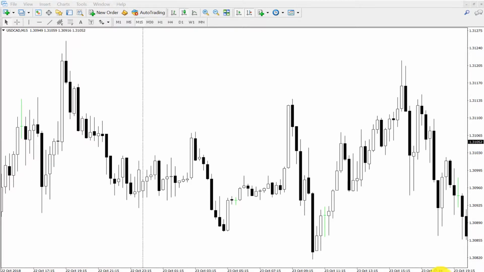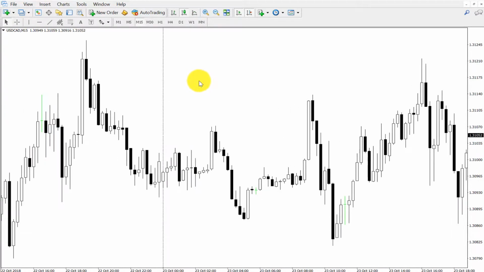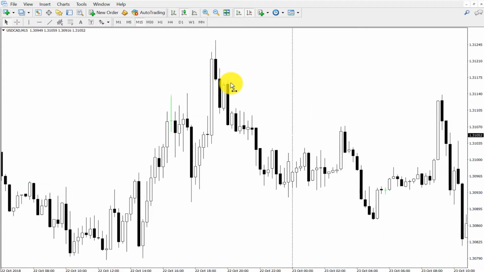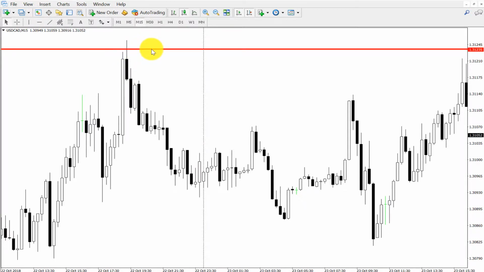This is the USDCAD 15-minute chart, and if we do day trading, then 15-minute is best. So this is the 15-minute chart, and I will show you how you can trade any kind of pair on the 15-minute chart. Like if I draw a horizontal line here,